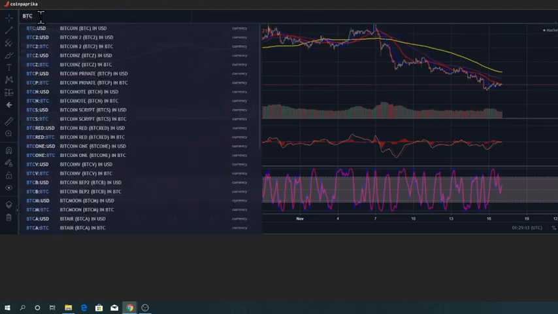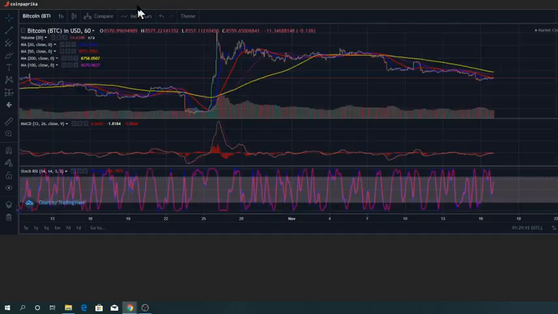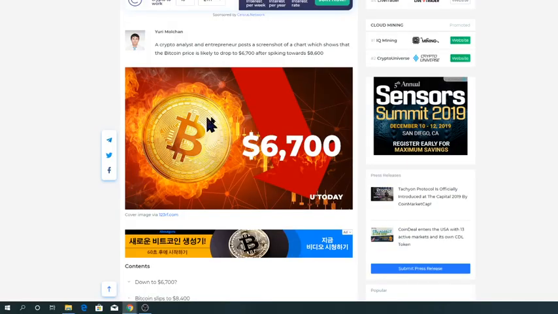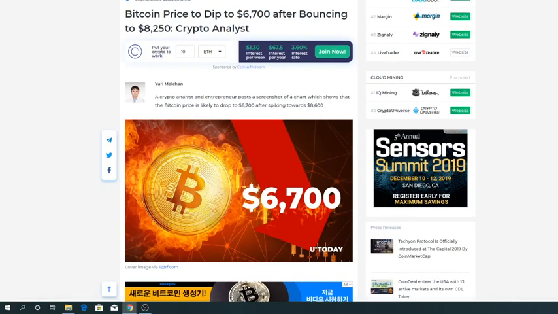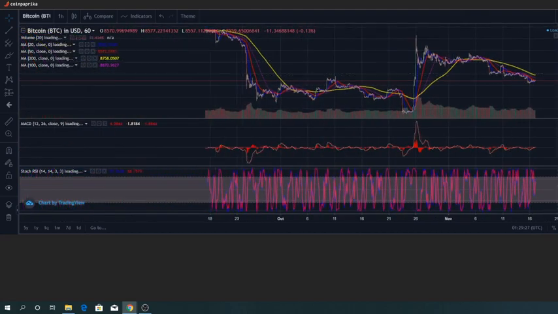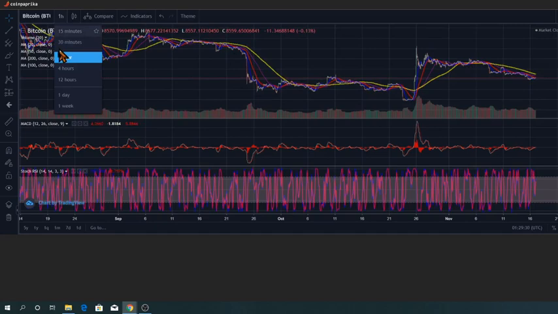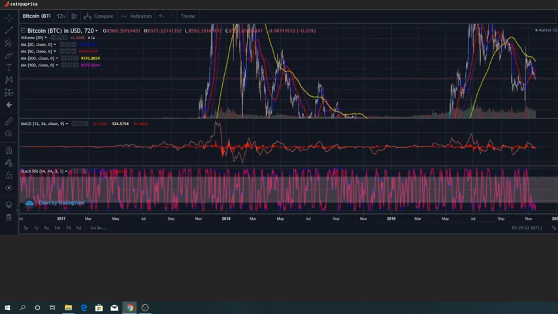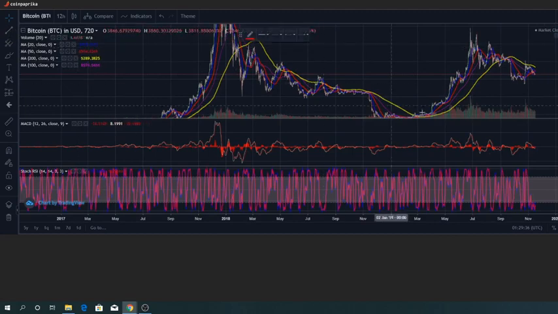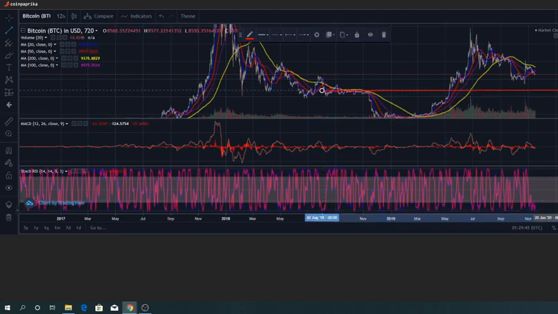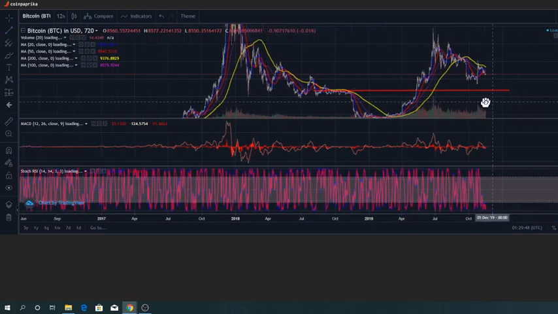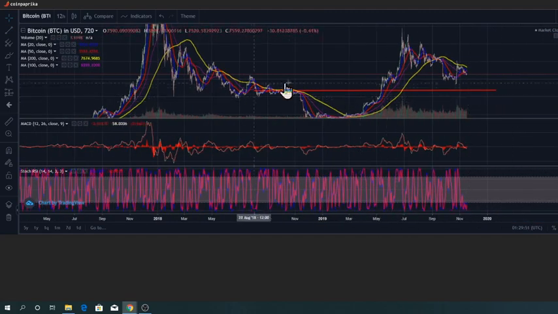Now we will look at BTC and the opinion from a different news provider. For example, this one states, as you can see, he is pointing towards 6,700. He's plotting the case for BTC to reach a price range around 6,700. First we will see where 6,700 sits. This is the area of 6,700. Based on his analysis, this is where he's expecting the price of Bitcoin to be, either to get back in for a buy position or so. That was a previous resistance, and hopefully it will now be a support.